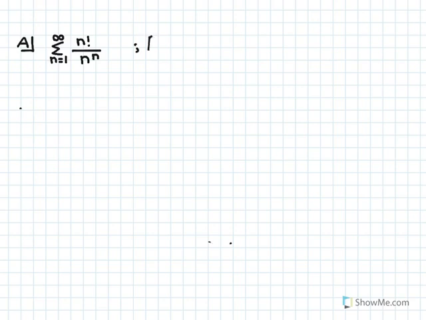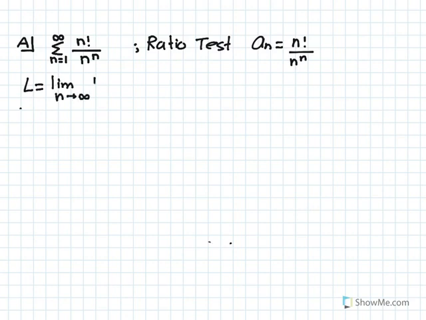Let's apply the ratio test with a sub n equal to n factorial divided by n to the power of n. L is equal to the limit as n approaches infinity of the absolute value of a sub n plus 1 divided by a sub n. This is equal to the limit as n approaches infinity. Now we don't need the absolute value because everything is positive. N factorial in the numerator is positive and n to the power of n in the denominator is also positive. So plug in n plus 1 wherever we see an n. So we get n plus 1